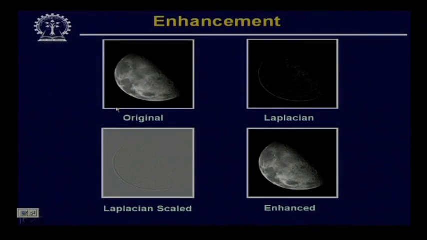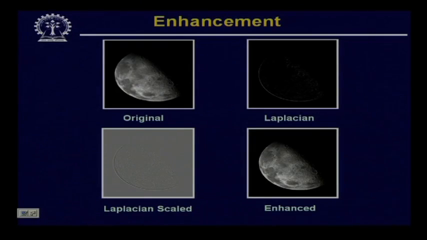So, this shows an original image. On the right hand side, we have the output of the Laplacian, and if you closely look at this image, you will find that all the discontinuous regions will have some value. However, this image cannot be displayed properly. So, we have to have some scaling operation, because the output of the Laplacian will have both positive values as well as negative values. For scaling, we have to add the minimum negative value to that image, then scale it down, so that the image can be displayed properly on the given terminal. So, this shows the scaled Laplacian image,